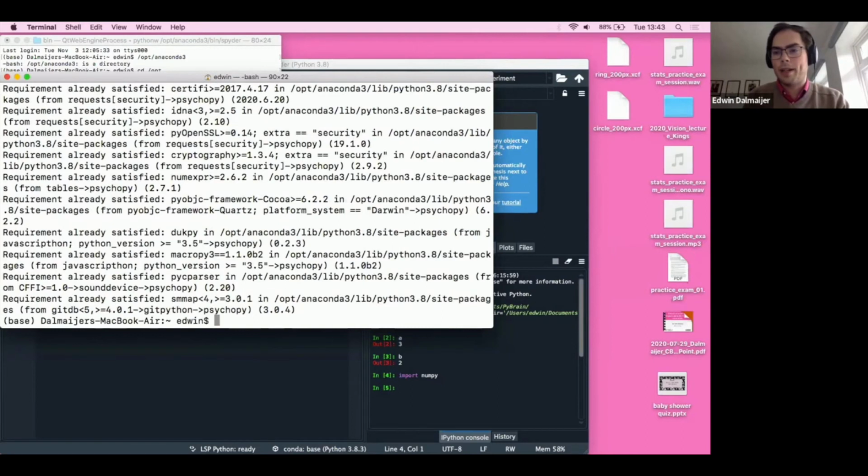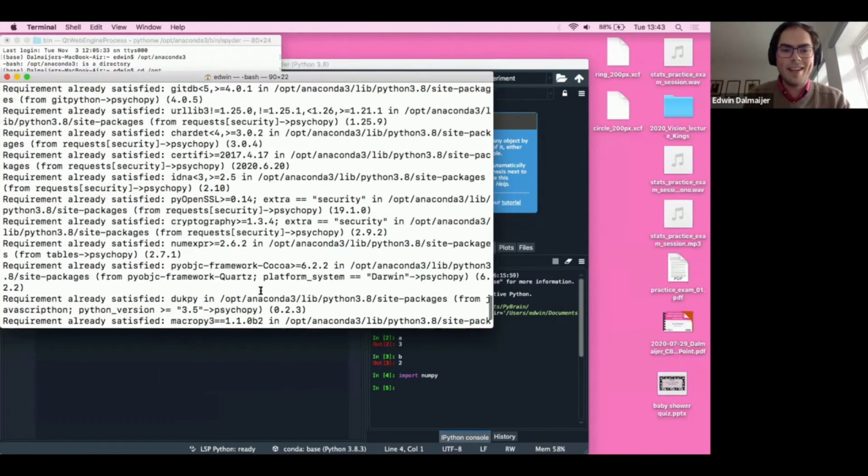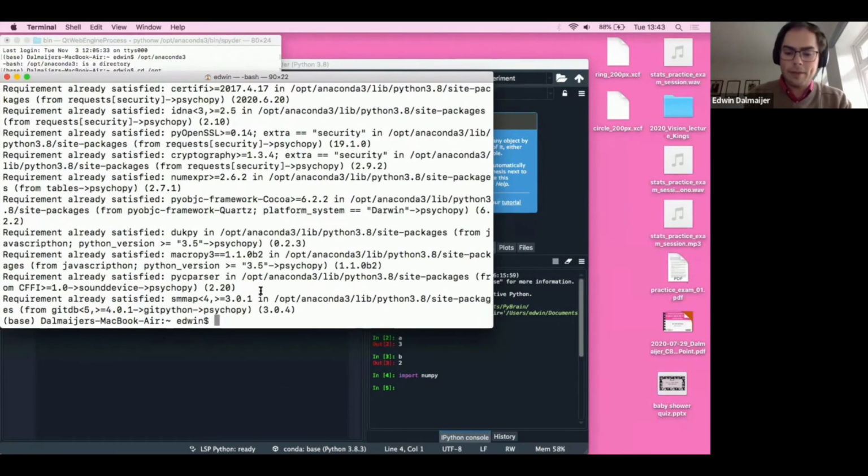But for PsychoPy, there are a few other dependencies. So essentially what you're doing here is saying, hey, I want to install this package. Then the package manager will tell you, actually, you don't just need this package. This package needs some other packages as well. And then it'll find all of the dependencies for you. So that's why there's so much output in here. And then the other thing that we want is pip install Pygase,